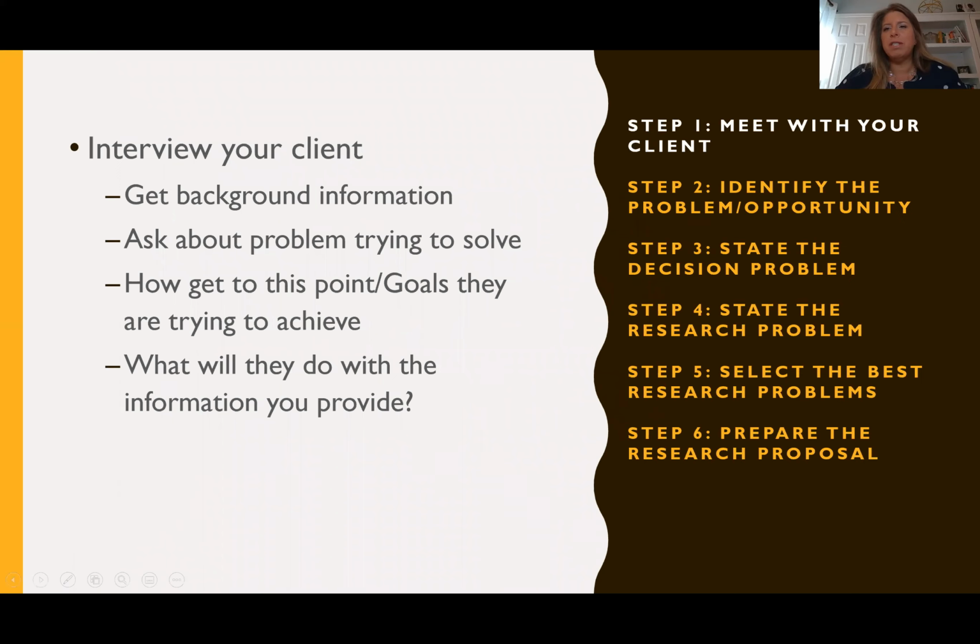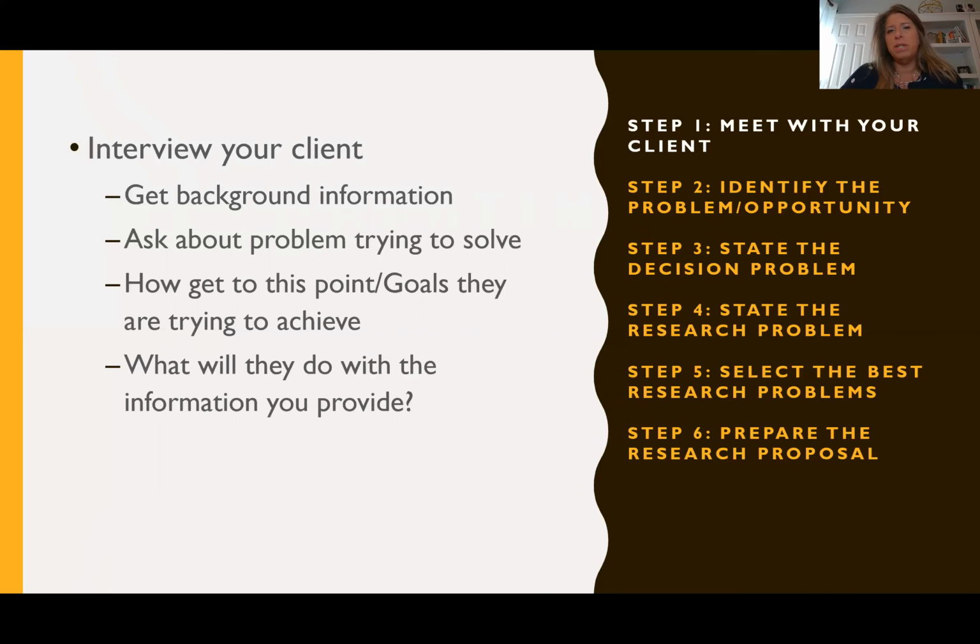So the first step is that you're going to meet with your client. So you have a client. This might be a manager in your organization. This might be a business owner if you're consulting. This could be if you're working on some sort of committee, or you're doing some community service work. This could be the people who are on the board that you're working with,